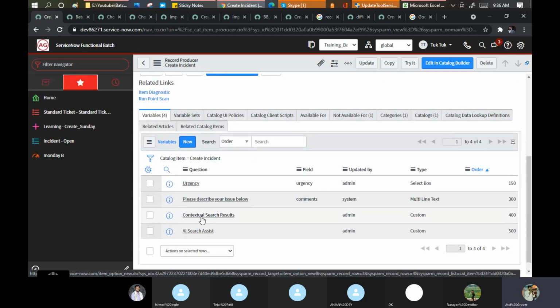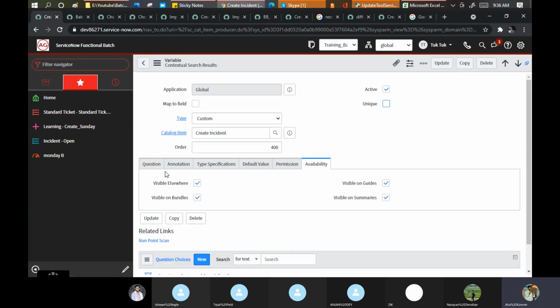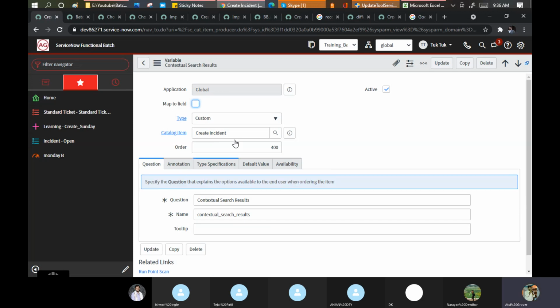Contextual search here. See data lookup here, catalog data lookup. Yesterday we saw that part, right? Now you can see on which it is applicable: on the create incident.